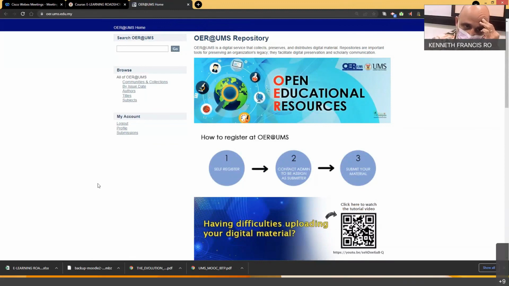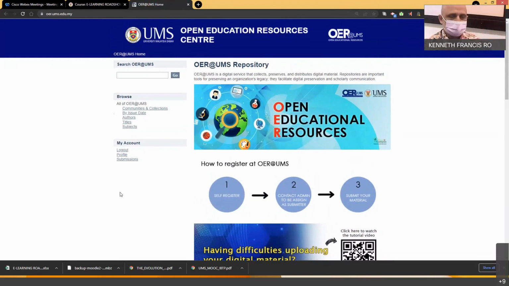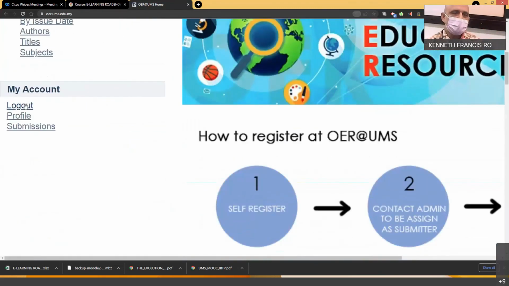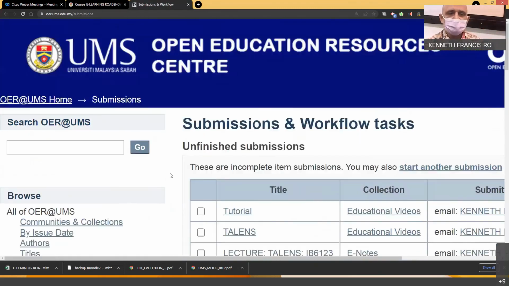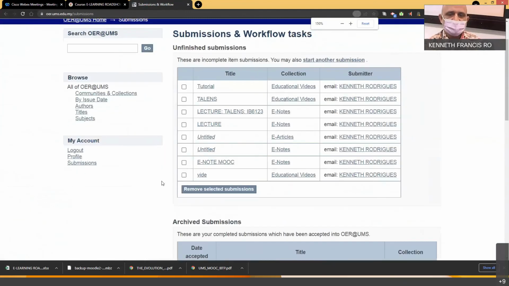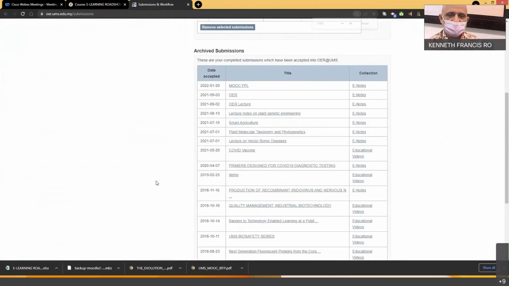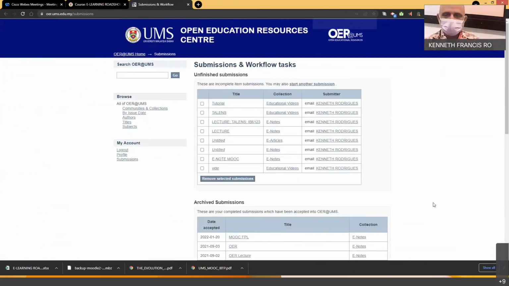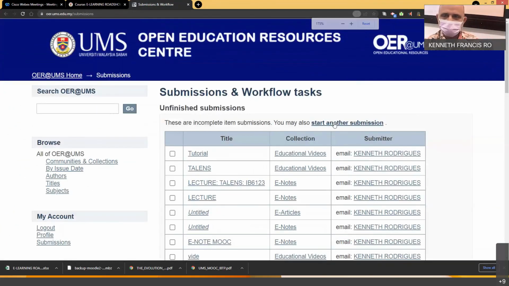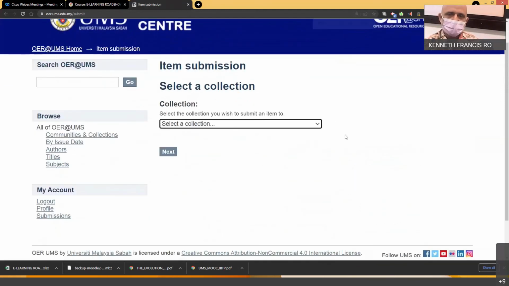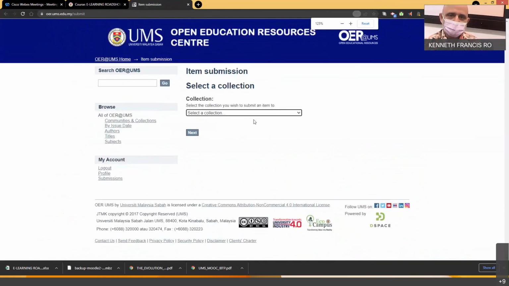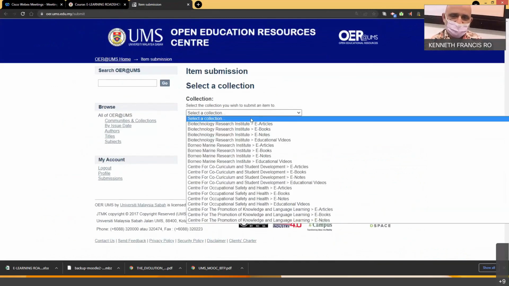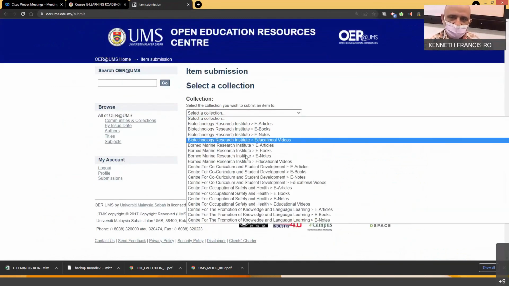Okay, so how we do it, the submission is here. Look here, logout profile submission. You click here. Now these are the various submissions which I have made earlier. This is mostly demo for y'all. And when you want to start your submission, you go here. Click here, start another submission. Click here. Okay, and you need a collection. Now, because I'm using an admin terminal, it will open everything for me. But if you're using it, you will only see your respective